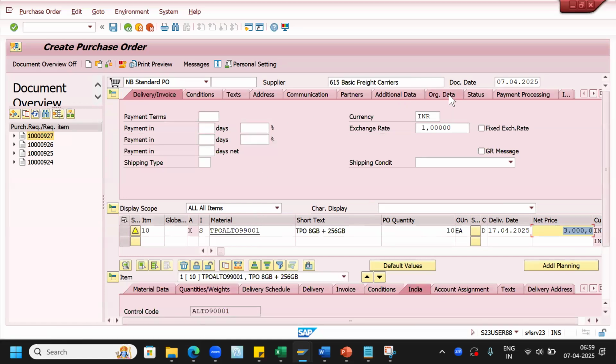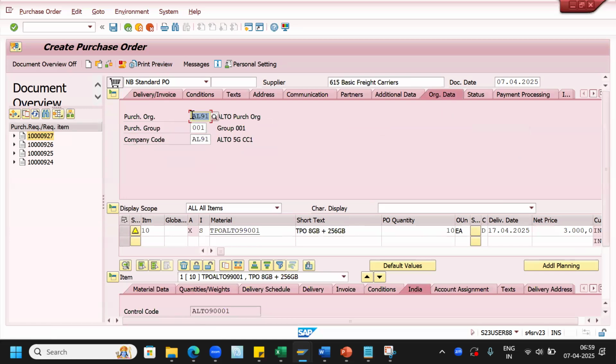And if you see the organizational data, automatically it has populated. AL91 is our purchasing organization, purchasing group, and this is the company code. And the supplier which we have maintained in the source list, the same thing is associated with the purchase requisition tab, where we have seen the same, the carrier or the forwarding agent. And also,